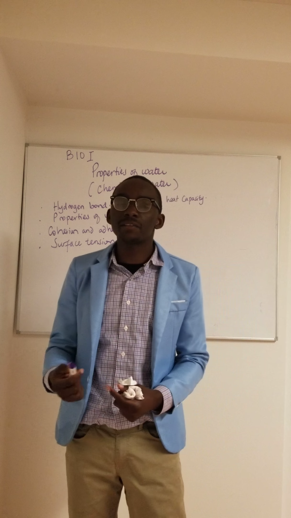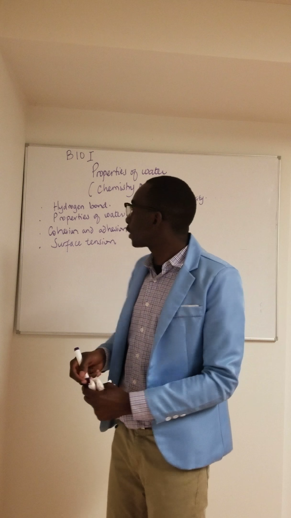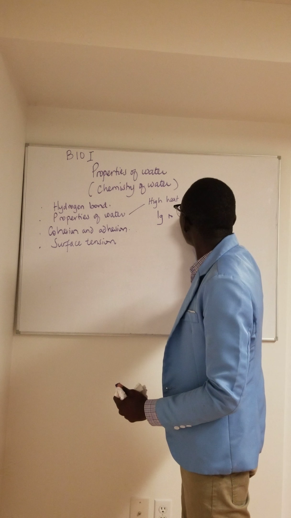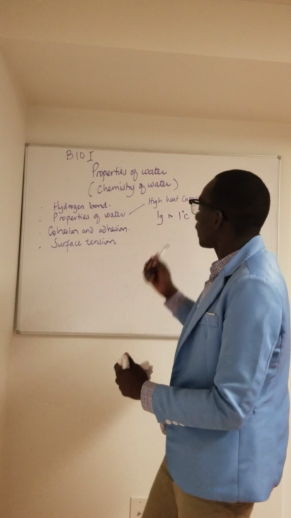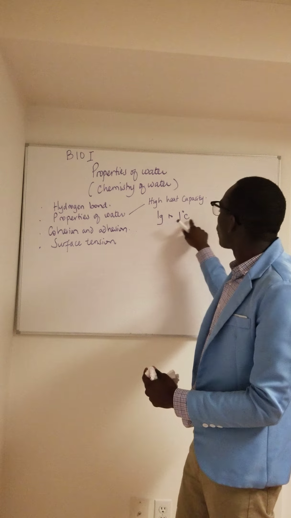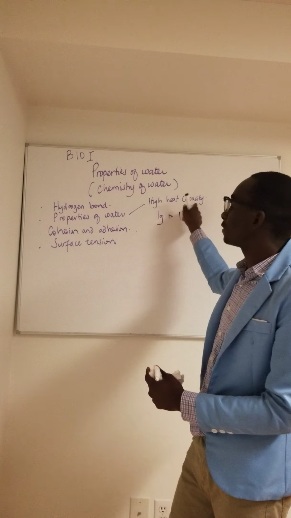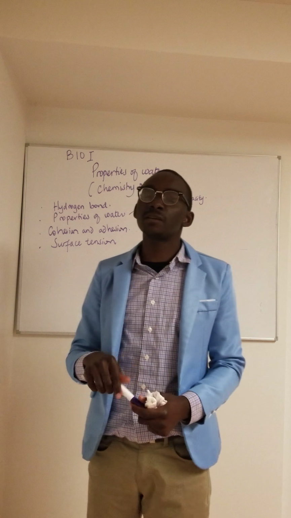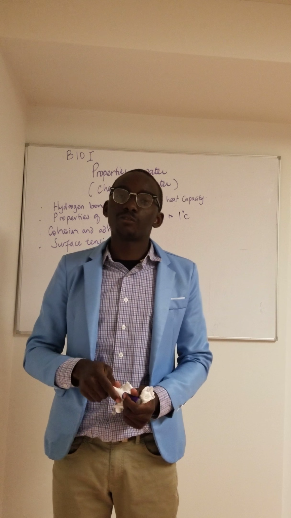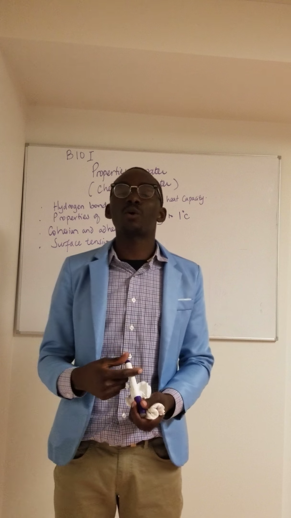So a high heat capacity is the heat required to heat 1 gram of water by a temperature of 1 degree Celsius. It means that for every 1 gram of water, the amount of heat you need to change the temperature by 1 degree is what we call the heat capacity. So water has a high heat capacity, meaning that it takes water a long time to change its temperature. So that makes it a very good solvent for living organisms, because